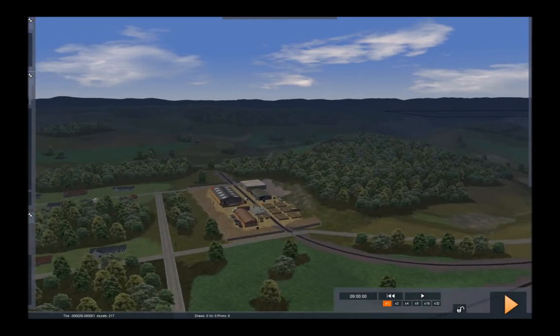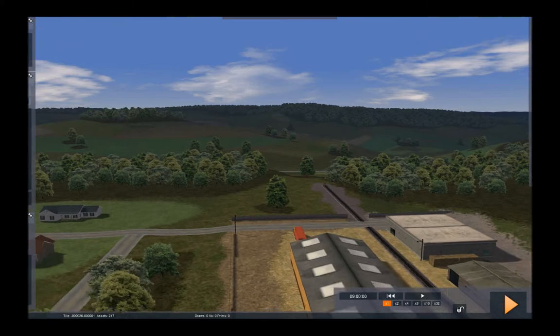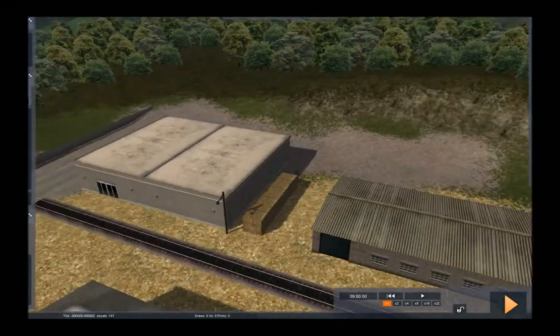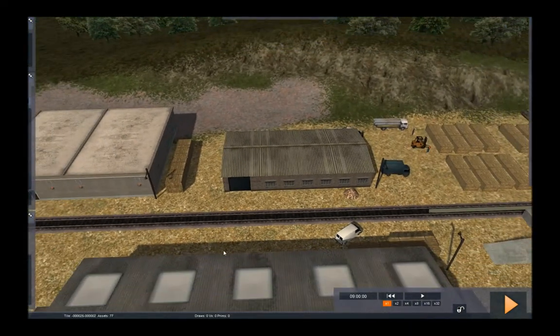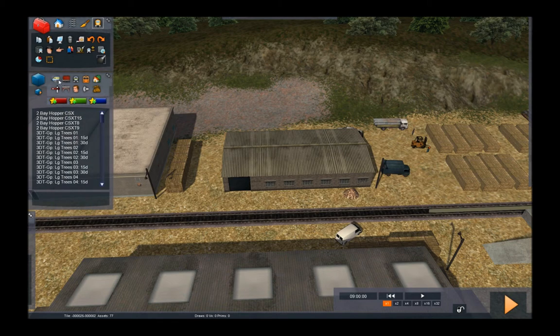So I'll get over here and start putting down my consist. Grab an engine, an NE, and at this point I can teach you how to do something a little different. Here we have an object set filter,